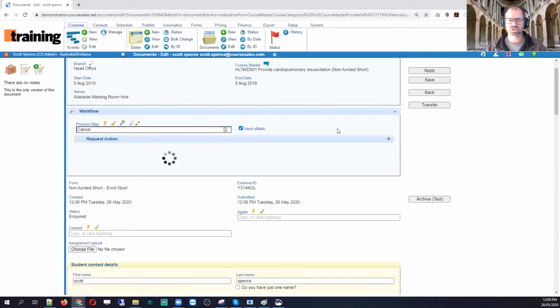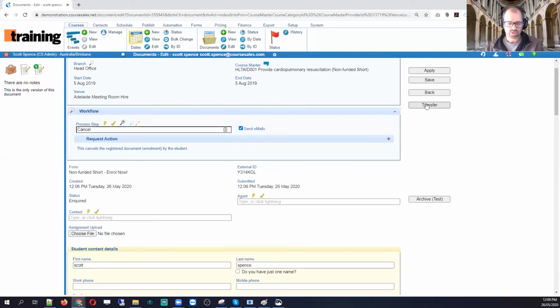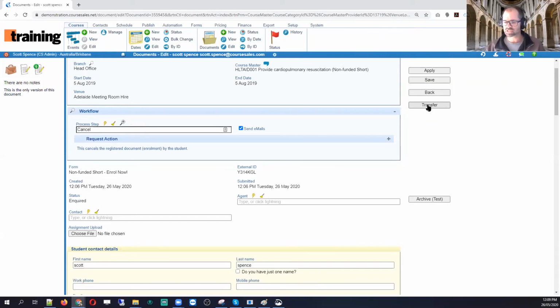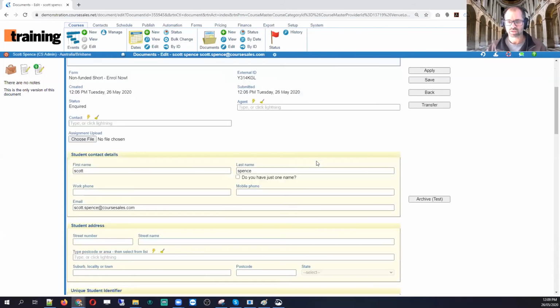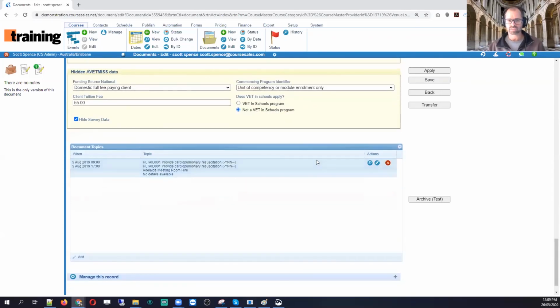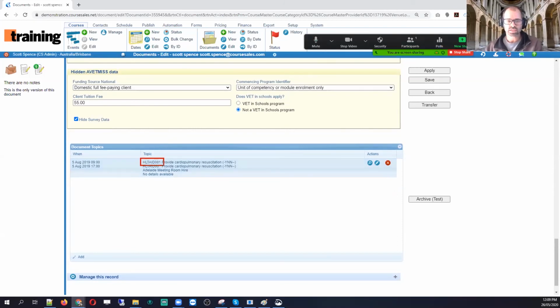So I'm not going to go through each of those stages, but I'm going to show you up here on the right hand side, you've got this ability to transfer students pretty easily into other courses. That's just a few steps away. You can go through and transfer someone, but we also need to make sure we update the outcomes on the booking. So I'm going to go down, I'm going to show you how the outcomes of the units of competency need to be updated. You can see here for this course, we've just got the HLT AID 001 statement of